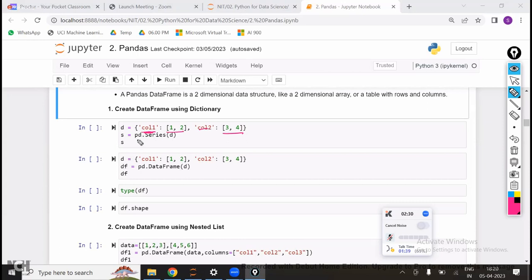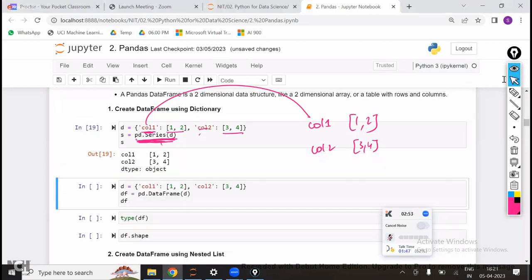And I'm converting this into a series. Now what happens when I convert it to a series? This key name will be considered as the index name, and whatever values are there, it is going to take them. It is going to give it like this. If I print,